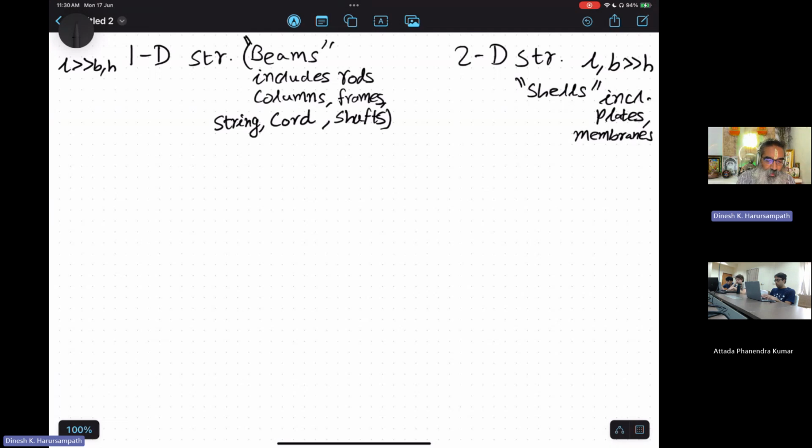Now, so these are the two main classifications, which also answered why, in terms of the geometry, these kinds of beams and shells are important in flying vehicle structures. From that point of view, we understand, but now in the form of an analysis, we want to know how to model these once we have this kind of a simplification from the geometry in terms of the orders of magnitude of the different variables that are involved. So coming back to the assumption that we just invoked,